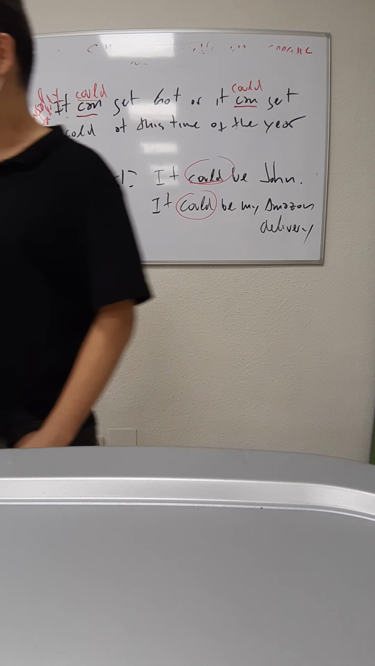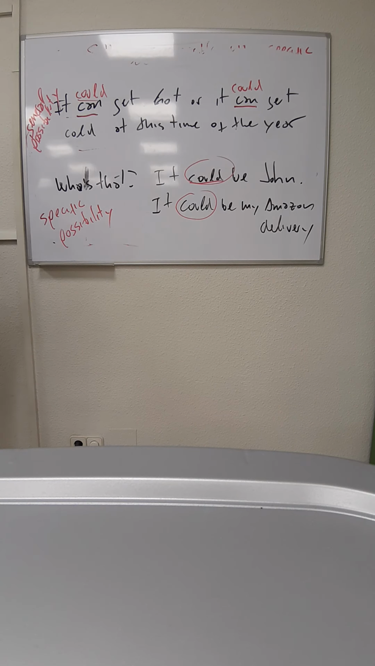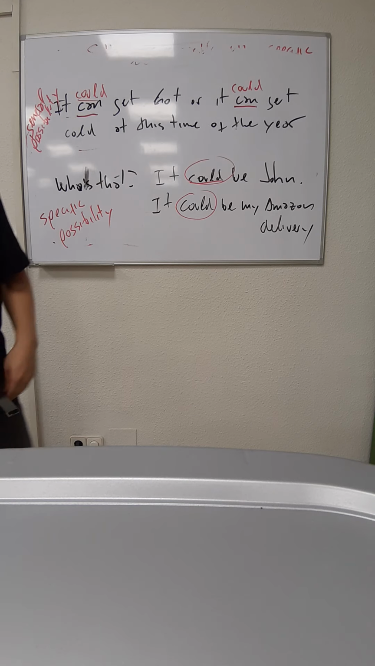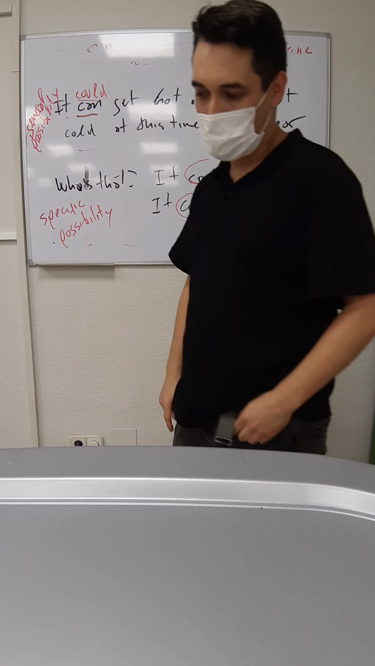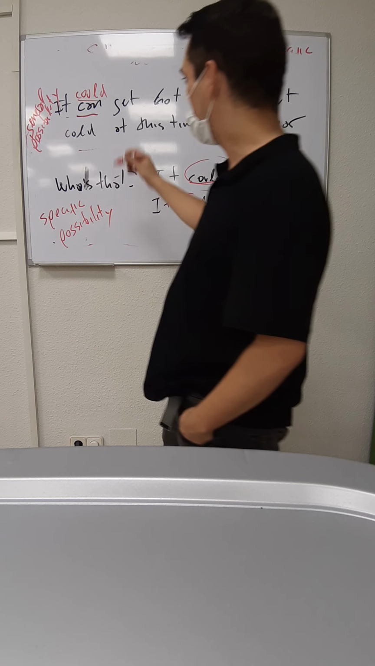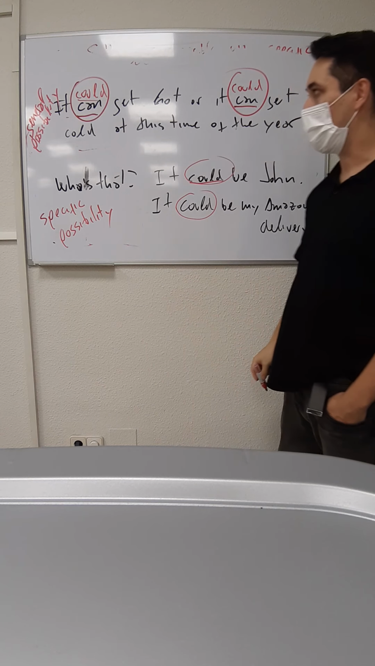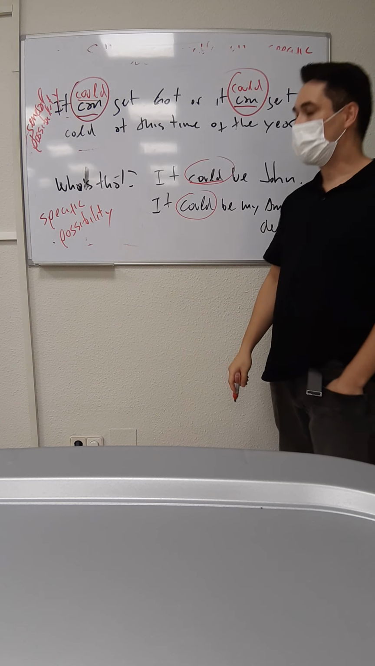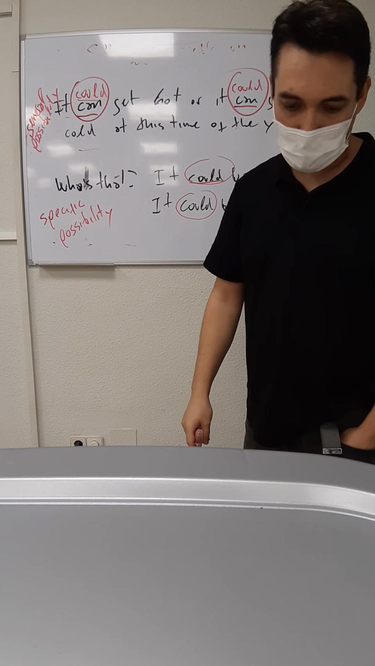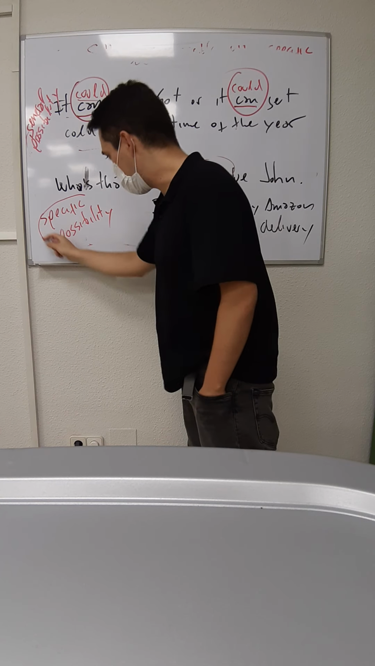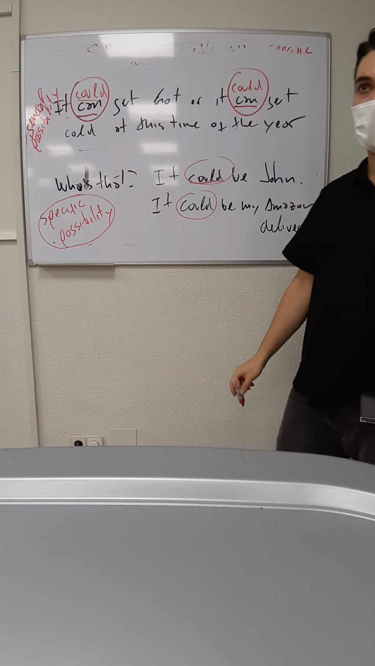It could get hot this time of the year. It could get cold at this time of the year. How does it sound to you? Rebecca? It sounds good, yeah? It sounds good. So, in order to talk about general possibility, you can use can or could. I repeat, in order to talk about a general possibility, you can use can or could. However, when you describe a specific possibility, you can only use